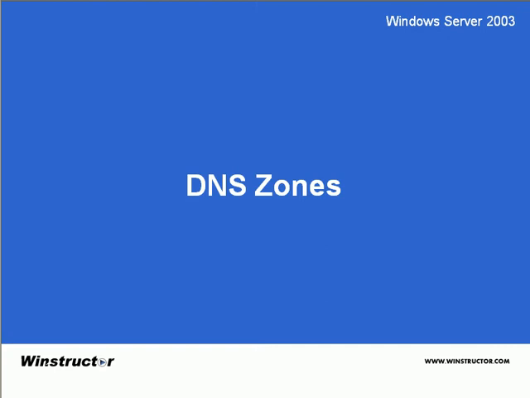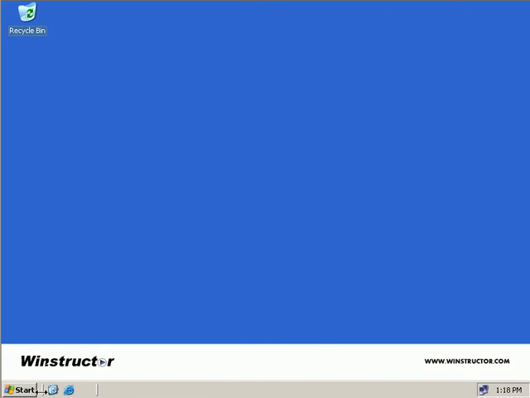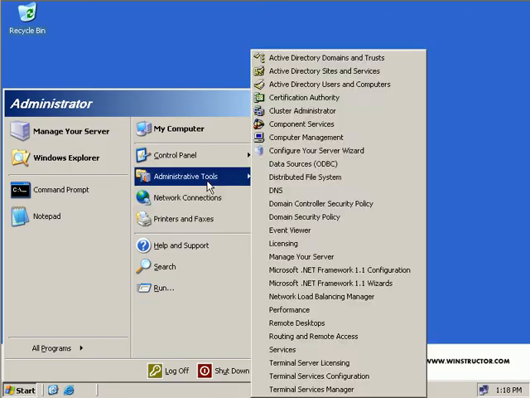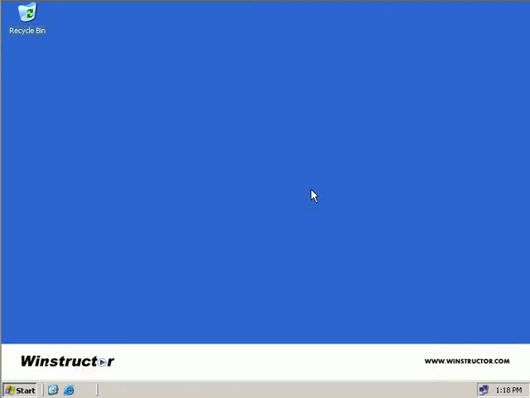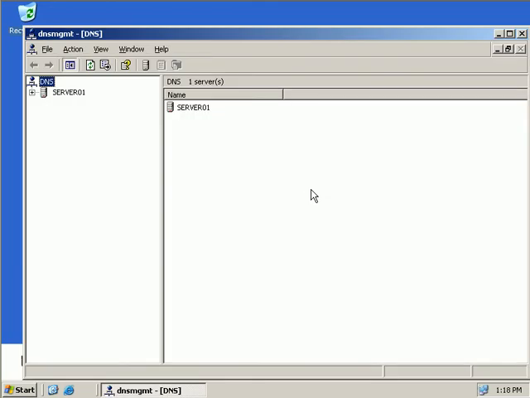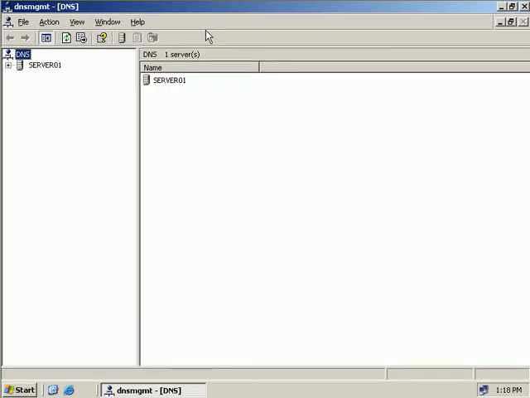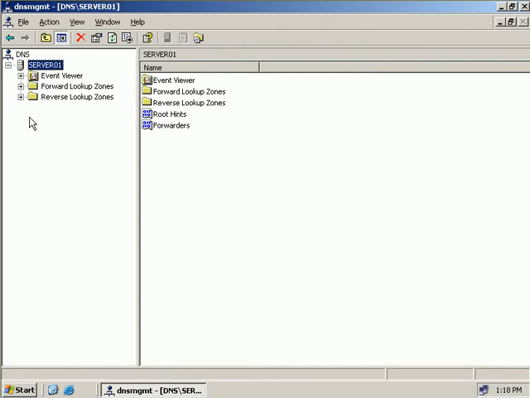DNS Zones. A DNS zone is simply a file on your DNS server that manages a portion of a domain namespace. So to create a new zone, we'll click on Start, Administrative Tools, and then we'll select the DNS MMC. Now before we actually go ahead and create a new zone, I want to talk about these forward lookup zones